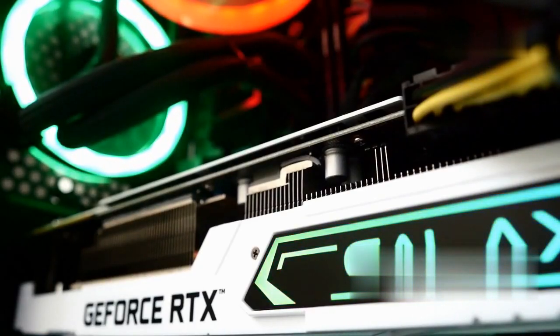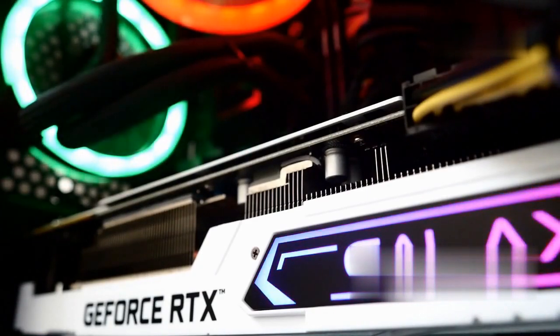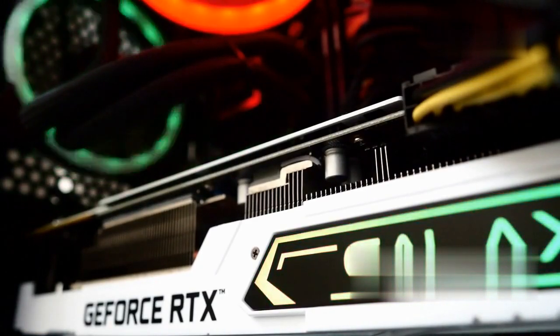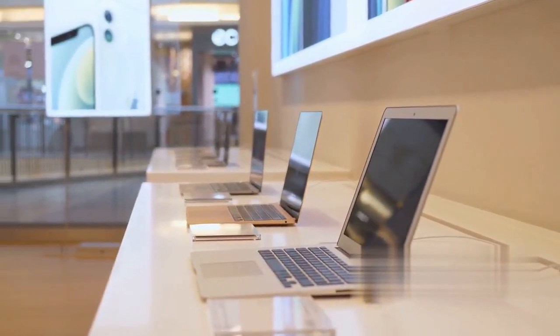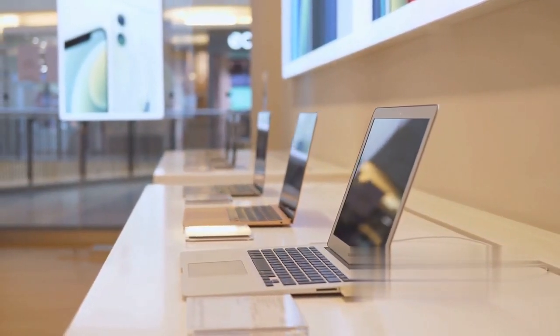It's a great entry point for those who want a reliable gaming laptop without breaking the bank. However, if you're looking for the absolute best performance, you'll likely want to set your sights on a newer model. The advantage